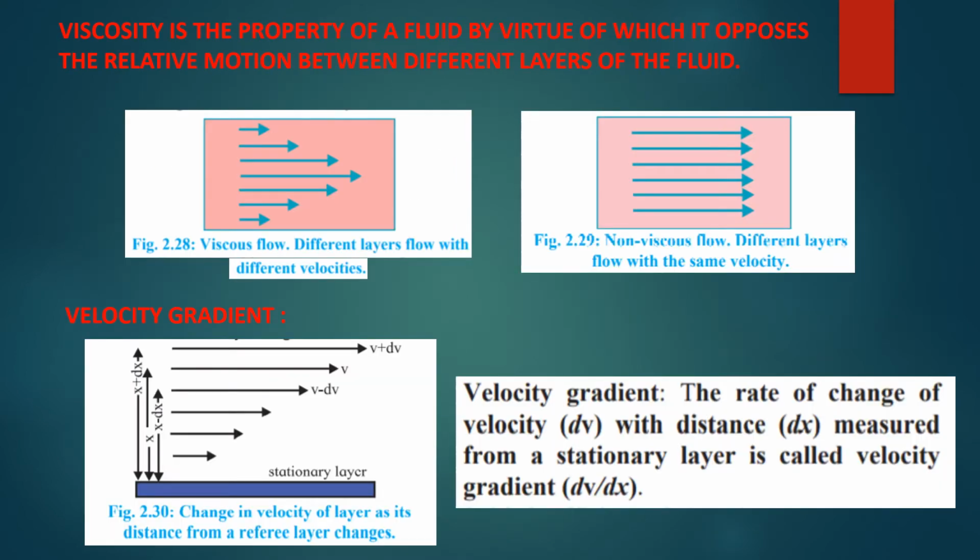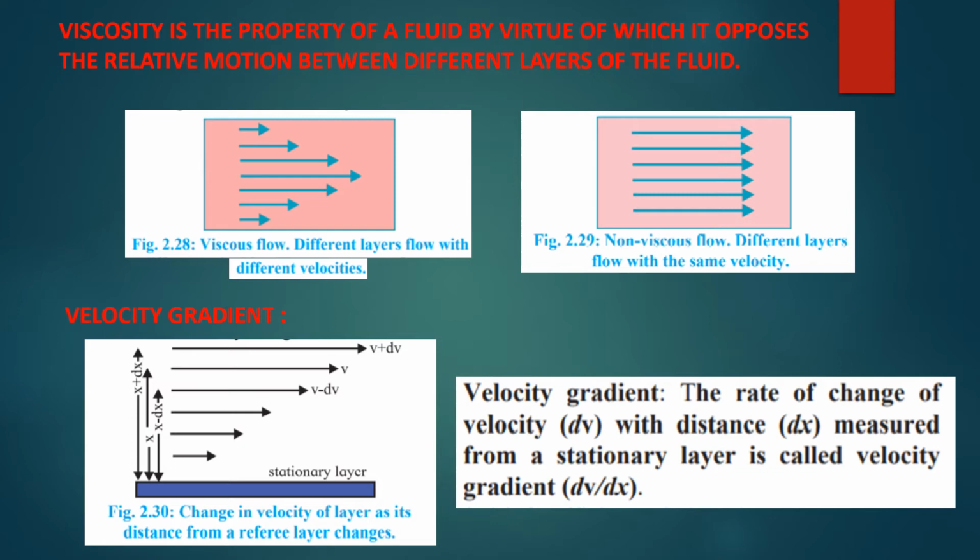Now, let us study about an interesting property of a fluid in motion, that is viscosity. For that, let us consider one example. Suppose we pour two different liquids, say water and glycerin, on a surface. We observe that water flows freely and quickly, whereas glycerin flows slowly and sticks to the surface. This difference is due to fluid friction, termed as viscosity. In this example, glycerin is more viscous than water.